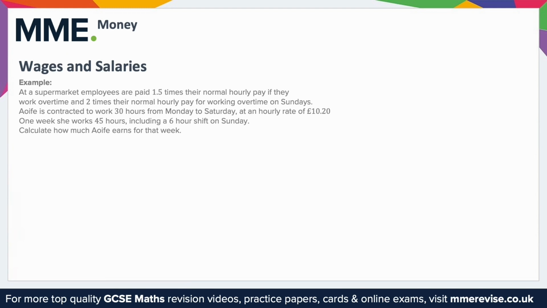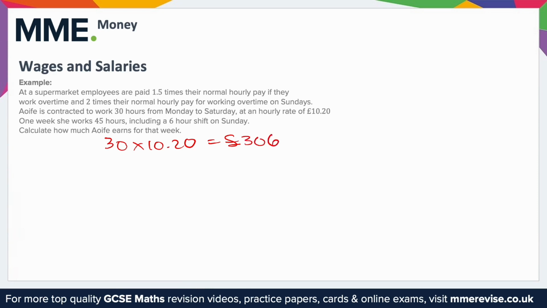Aofi is contracted to work 30 hours from Monday to Saturday at an hourly rate of £10.20. One week she works 45 hours, including a 6-hour shift on Sunday. Calculate how much Aofi earns for that week. First, we need to calculate how much she gets paid for working her standard hours that week, which is 30 hours Monday to Saturday. So that's 30 times 10.20, which will give you